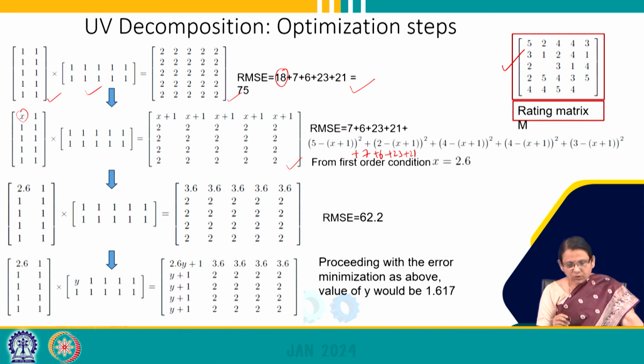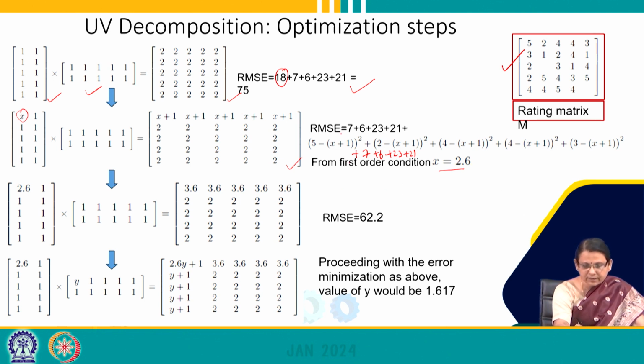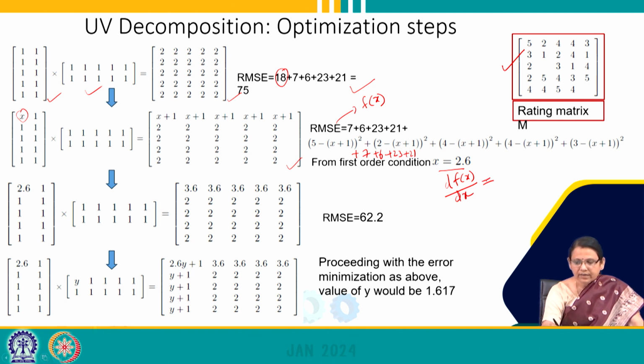Anyway, so now from this function, how do I get this value? I will be getting it using the first order condition, which means I will be taking, let us say this RMSE as the error function, a function of x. So, I will be taking df(x) by dx and setting it to 0. Okay, you can try. If you take this function with respect to x,